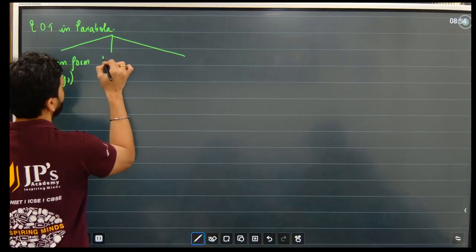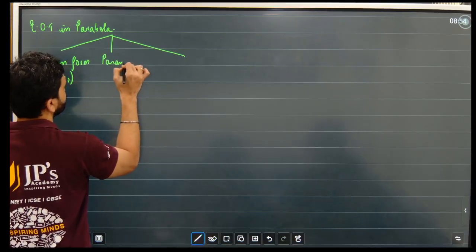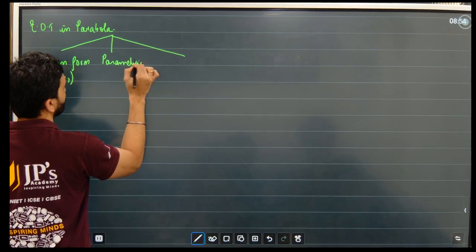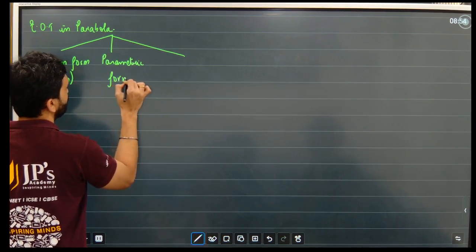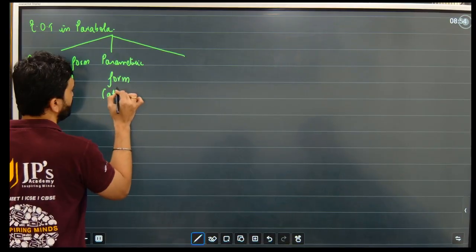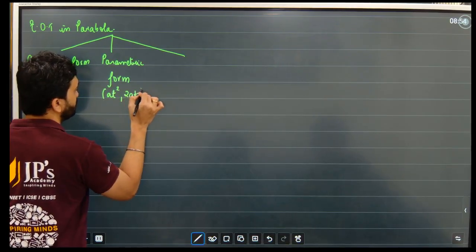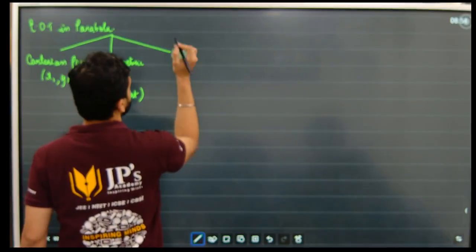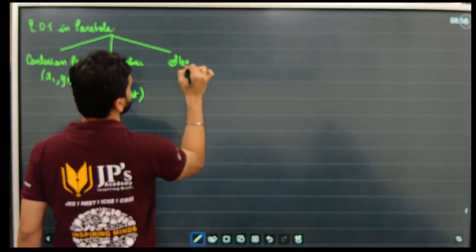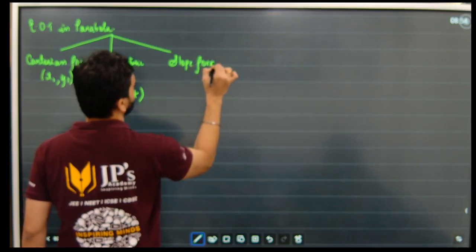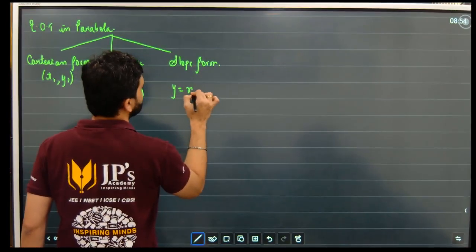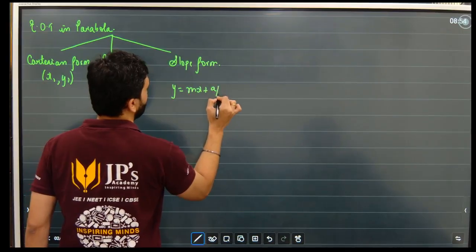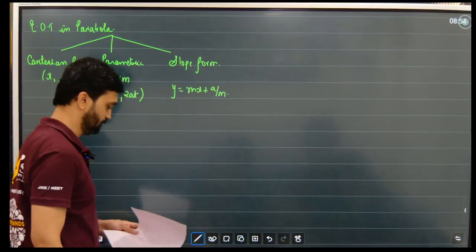Second is your parametric form, (at^2, 2at). And last is your slope form, y is equal to mx plus a by m. Okay, now